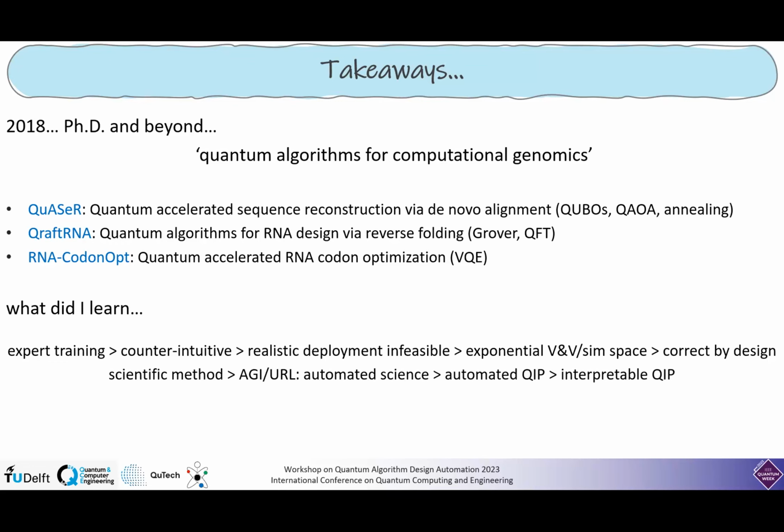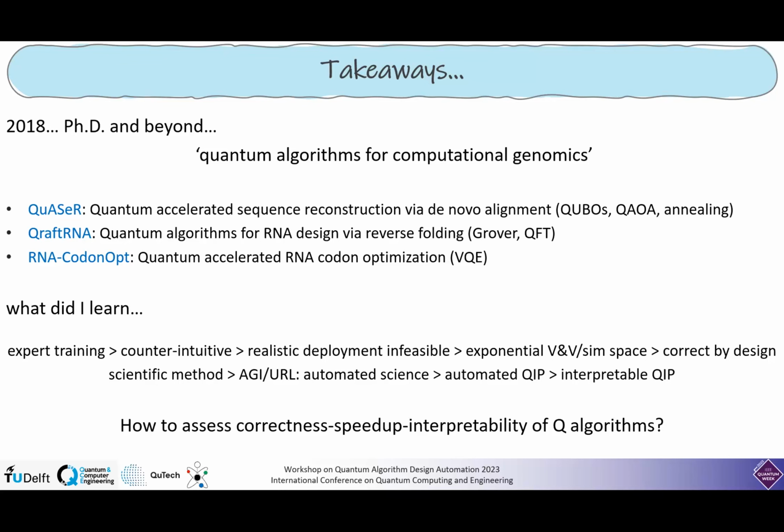My other interest was in scientific methods, just studying about it. And that can be formalized in what's called universal reinforcement learning. This is one way to do automated science, or in my case, automated quantum information processing. And what I feel we should focus on is interpretable quantum information. Can an agent automatically learn what the rules of quantum mechanics are and design a quantum algorithm based on them? So with this correct by design and interpretable, and well, the models can be interpretable or the results can be explainable either way, how do we start automating a quantum